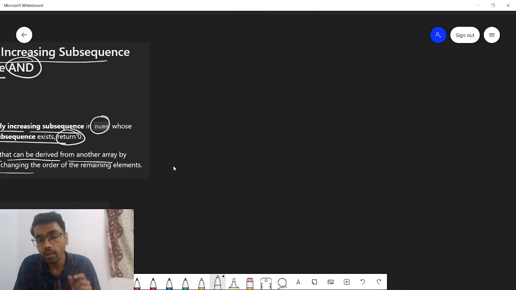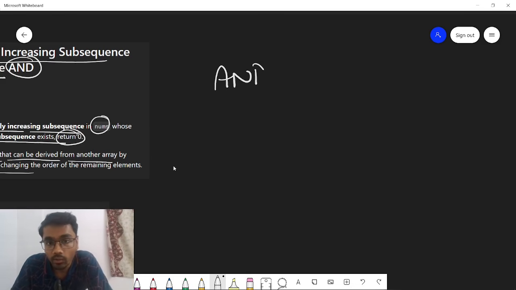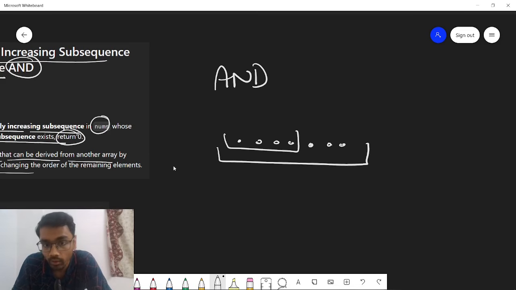So we need to select a few elements such that their AND value should be non-zero. First is this condition, then we will find the LIS, right? So there is one property of AND. So what is the property of AND? Let's say you have some set of values already. You have taken their AND value. Now if you add more elements into this set, either their AND value will remain the same,